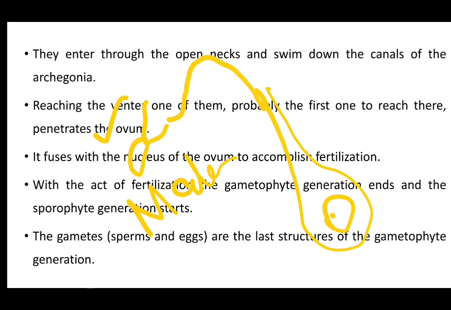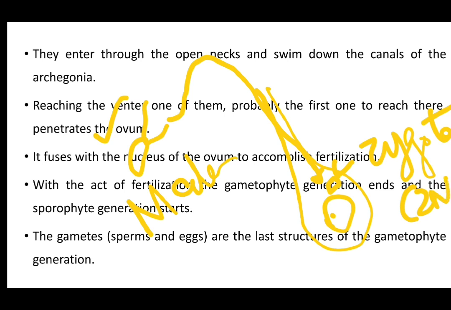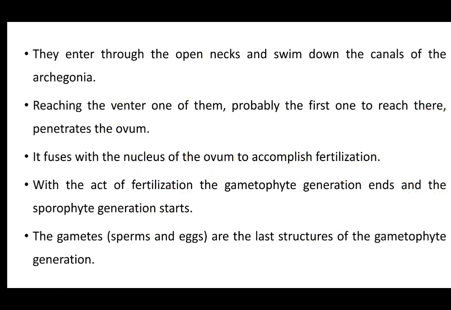This male gamete swims to the female gamete. Here they reach and fertilize, or fuse with each other, to form the zygote, which is diploid. That is, the male gamete is formed